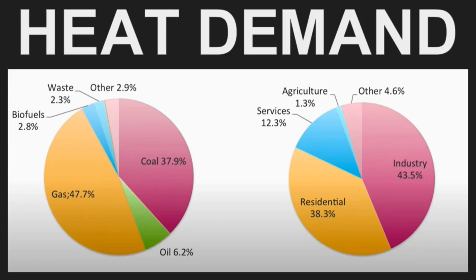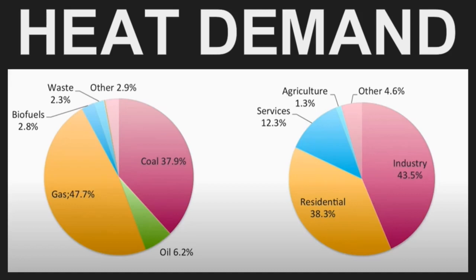So basically, as we see, a majority of the heat demand which we have now is supplied by non-renewable sources of energy. The second pie chart on the right shows the percentage of heat demand from various places. As we see, 43.5% comes from the industrial sector and 38.3% comes from residential areas. A lot of heat demand comes from these two places, majorly because of electricity. Second, we also need water heating systems to run machineries and mechanical parts in industries, and also for residential purposes as well.